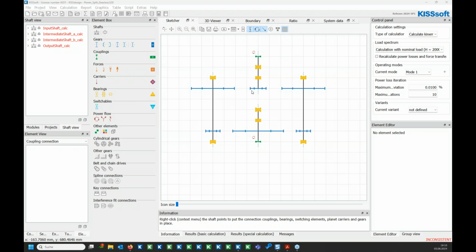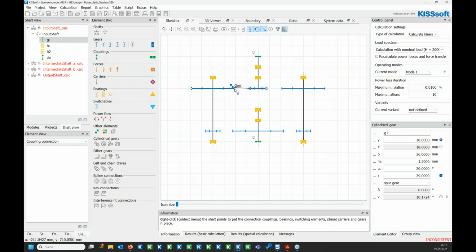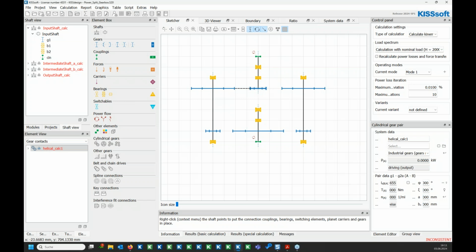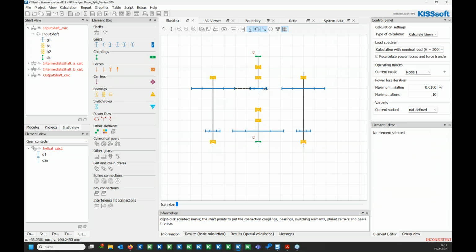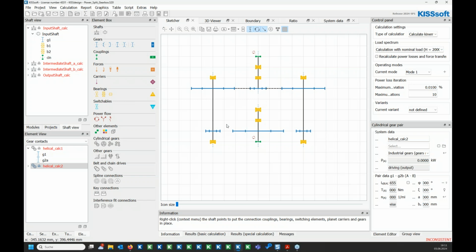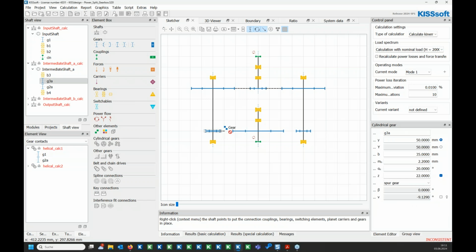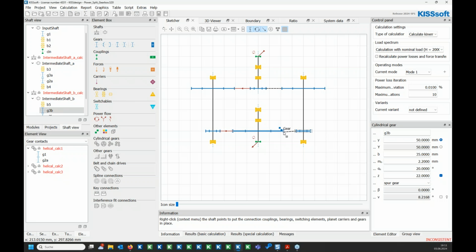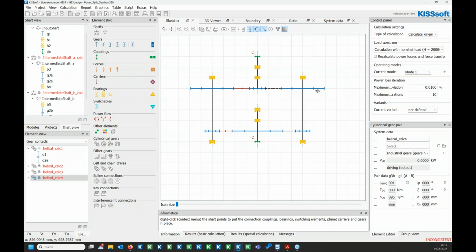So first of all, we need to define the meshes between the input gear and one side gear, between this input gear and the other side gear, and then this side gear and the output gear, and side gear and output gear here as well. Okay, so if we calculate